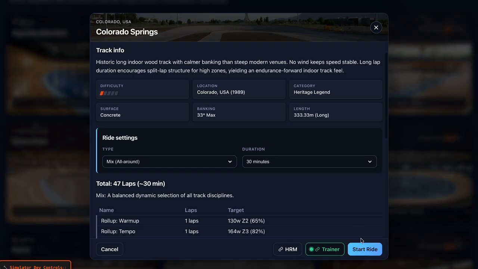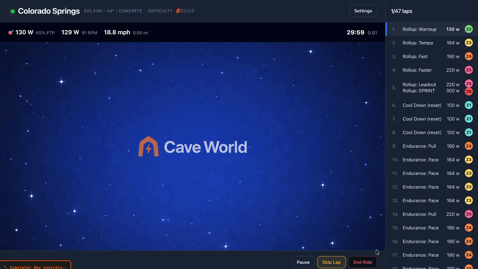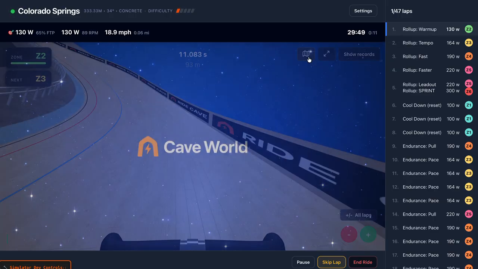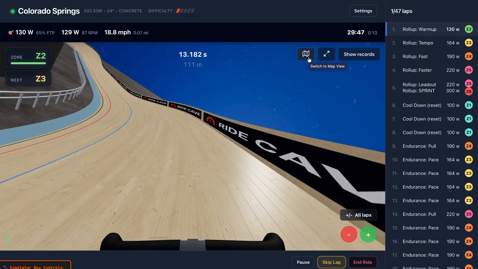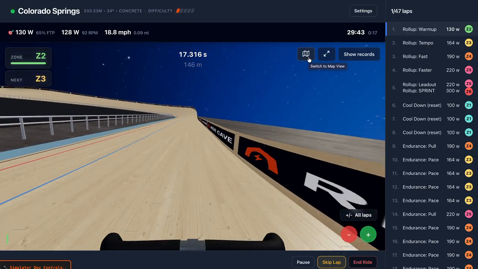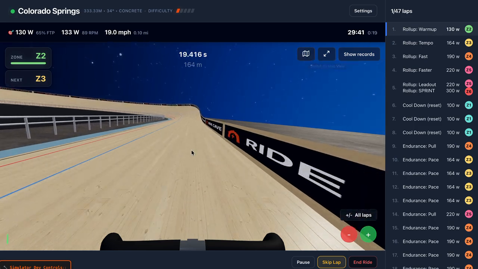When you start a ride now, you can still select the type and duration, but when you start a ride, you'll see that Cave World loads and you have the existing map view. This is what we call map view, but now you also have 3D world. So when you enter 3D, you'll enter Cave World and you'll be riding Colorado Springs with its banks, its length,